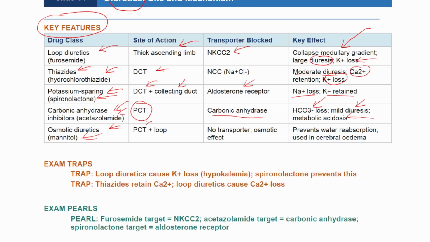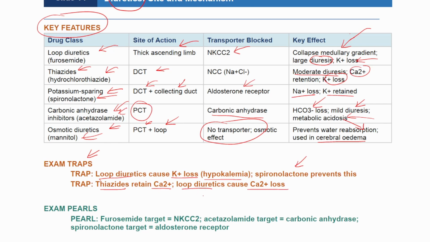function across both the PCT and loop of Henle through a purely physical osmotic effect without blocking any transporter, which effectively prevents water reabsorption and makes them highly useful in managing cerebral edema. This pharmacologic breakdown brings us straight to the high-yield exam traps you need to master. First, always remember that loop diuretics cause potassium loss leading to hypokalemia, whereas spironolactone directly prevents this depletion. Second, pay close attention to calcium handling, as thiazides act to retain calcium, whereas loop diuretics cause calcium loss in